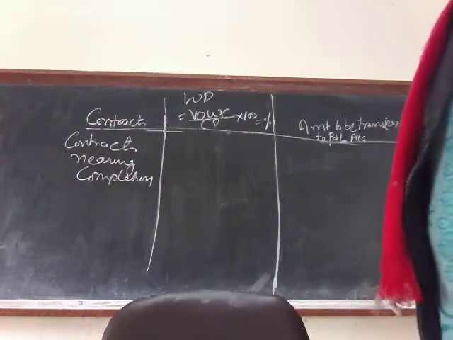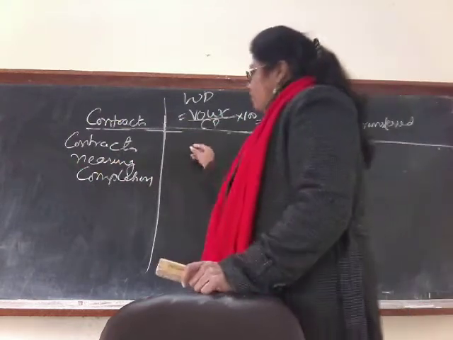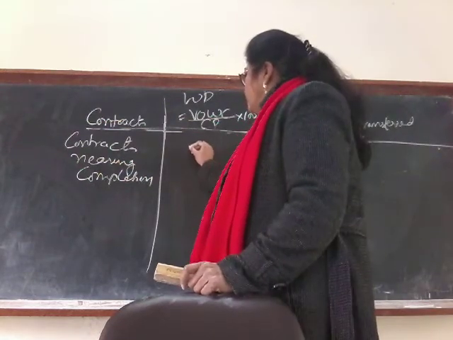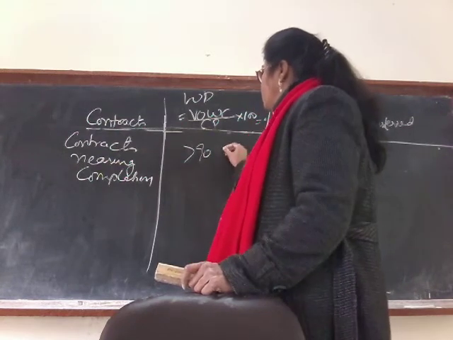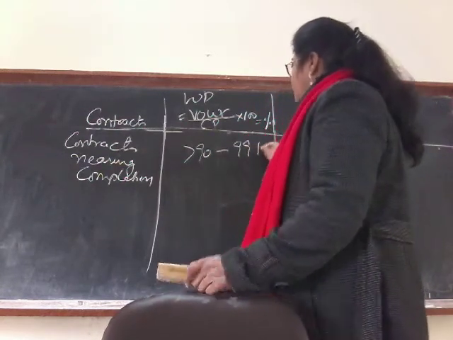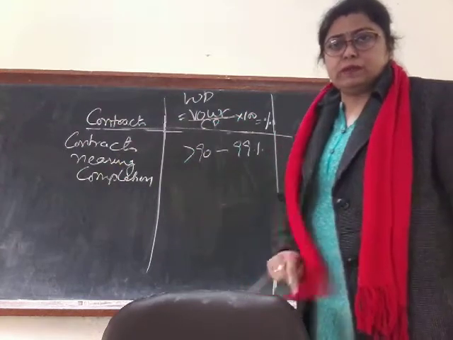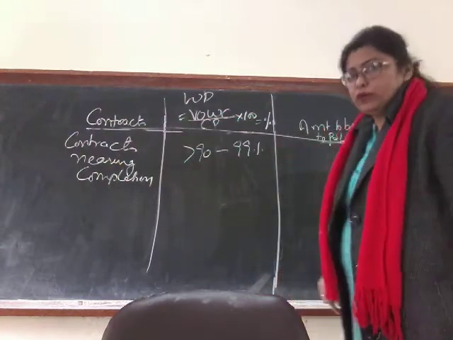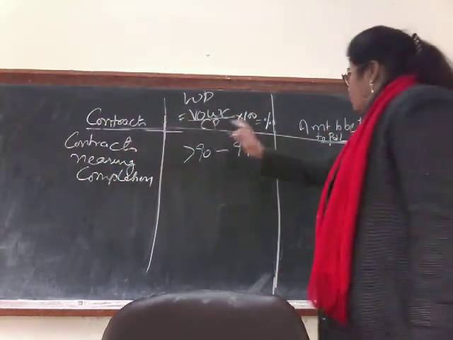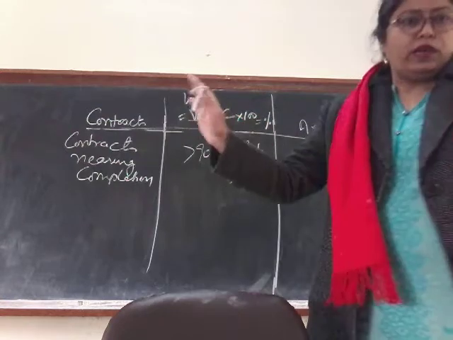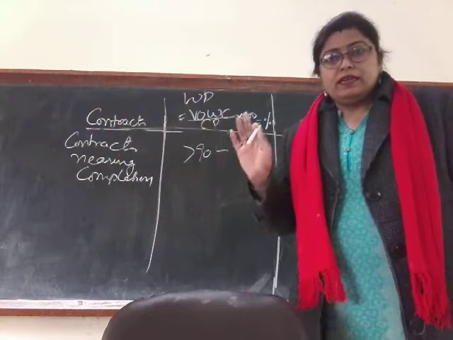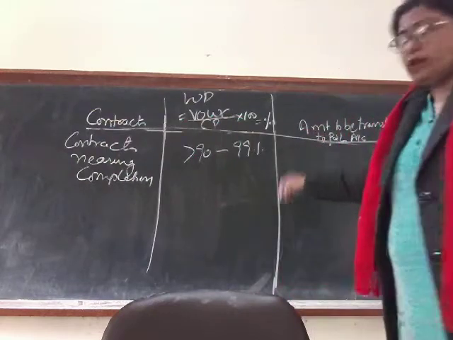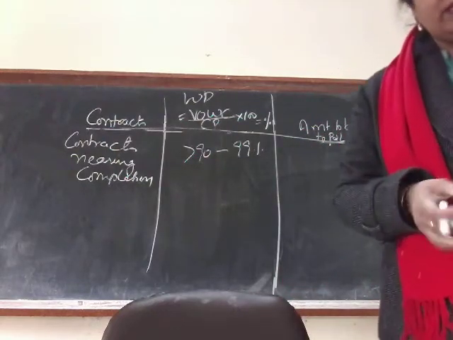So in this case, if we want to write it over here, we can say that it is more than 90% to 99% complete. So almost this much is the percentage completion over here. Work done is this much. So now in that case, what are the formulas? What formulas are we going to use over here? There are numerous formulas, so I'll be writing down all of them over here.